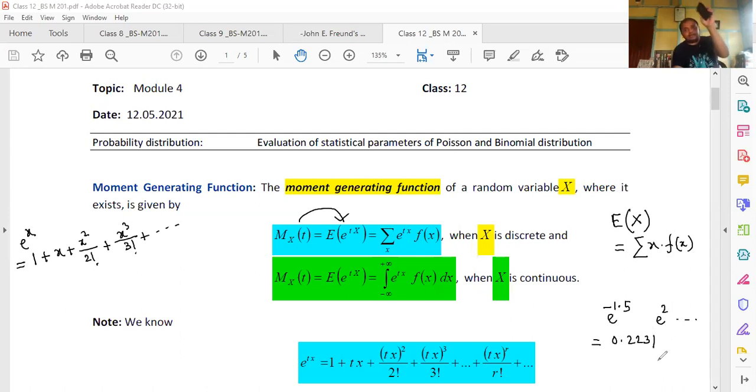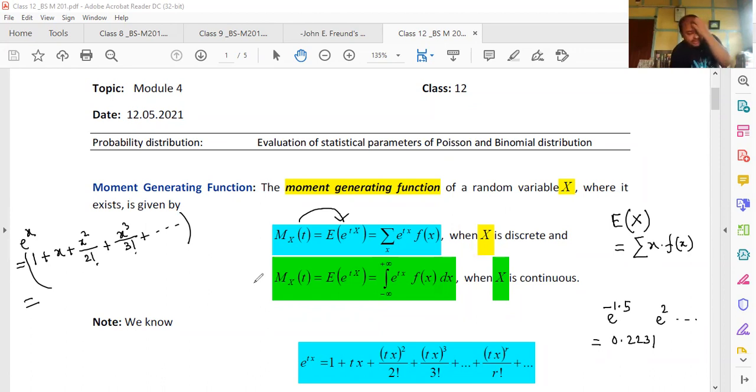And now suppose this calculator is not there with you, what will you do? You have to know the series. This series helps you to calculate the value. This series is an infinite series, but obviously our space is finite. Even if I want to write the algorithm and computer program to calculate e to the power x, this is a mini computer, so they are not actually considering the entire infinite series. They are considering a few terms only. I do not know how many terms they are considering.